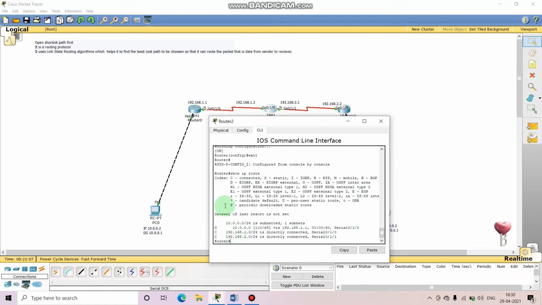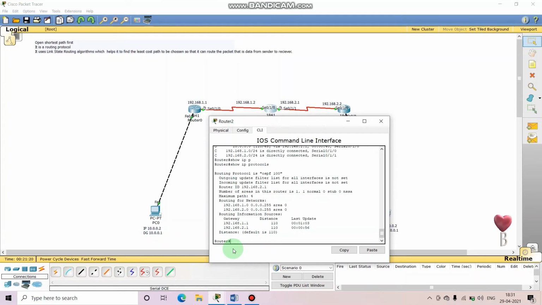Okay, it is showing you the one side route only, guys, because on this router I have not enabled it yet. Or you can use show IP protocols. See these networks.